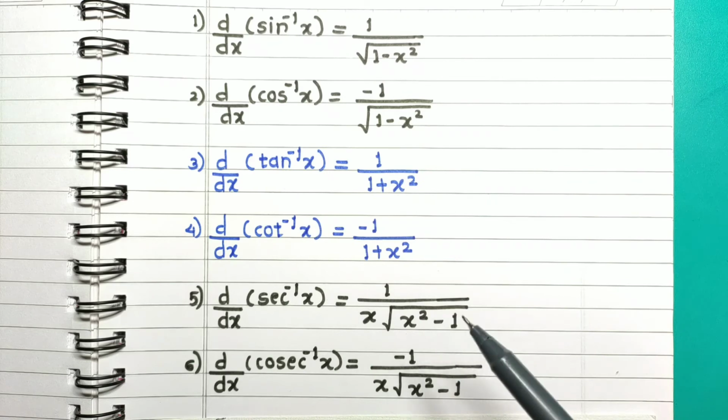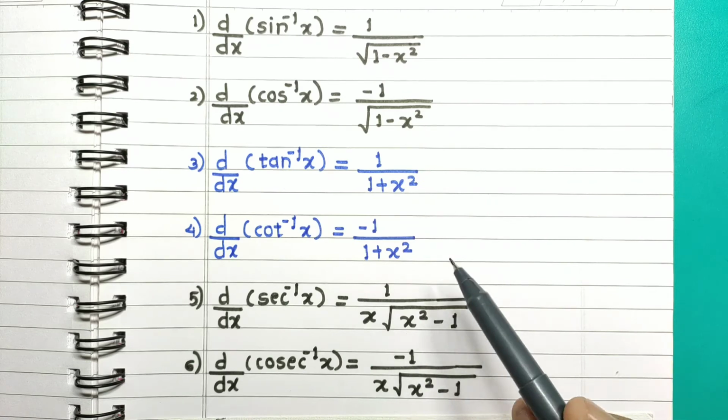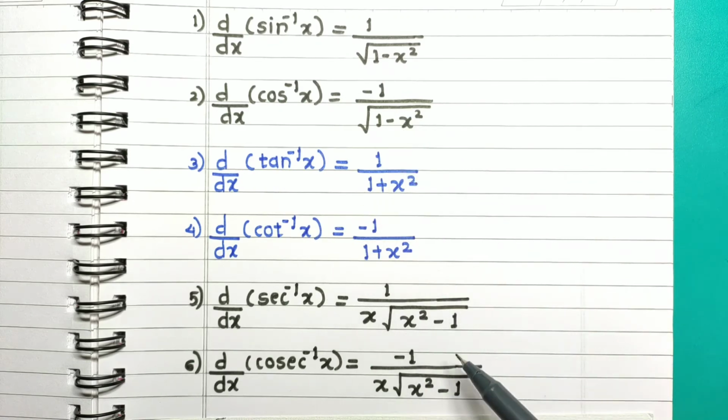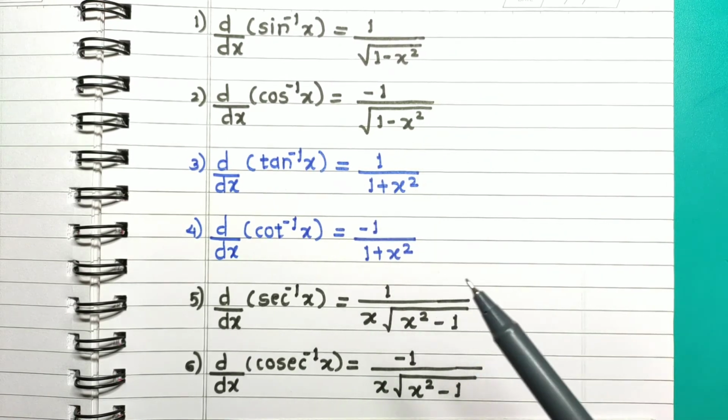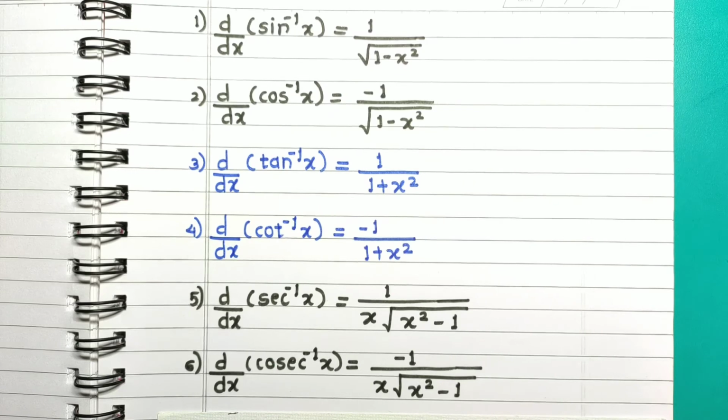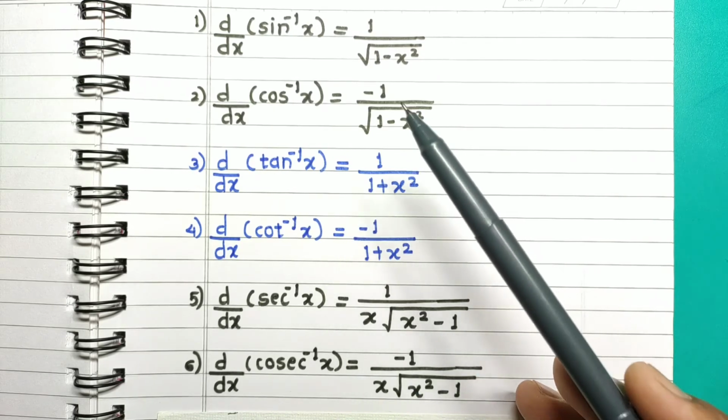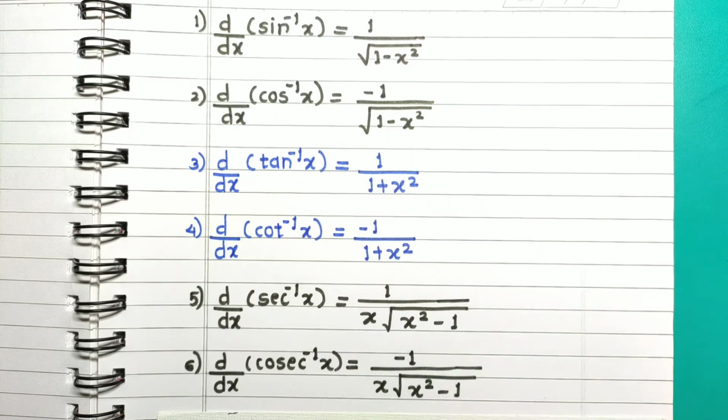So to avoid jumbling with the signs, you remember these results like this, and you can remember these results in pairs. And students, you know that formula is king and concept is queen. So you have to remember all these properties and these formulas to solve examples on the derivatives of inverse trigonometric functions.